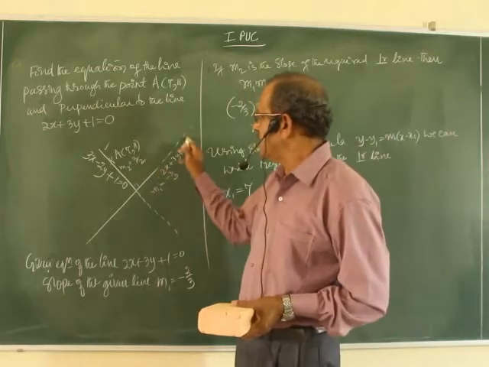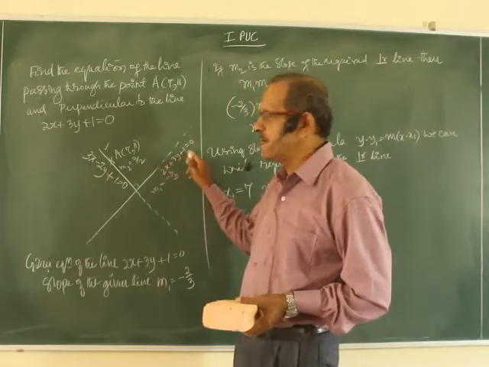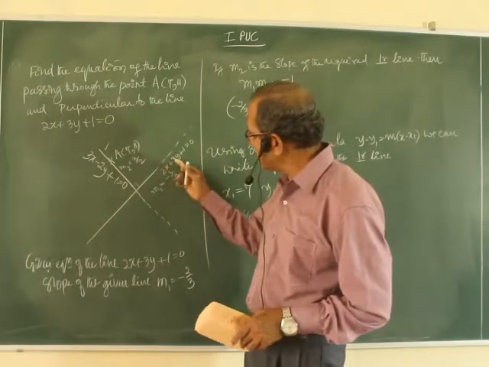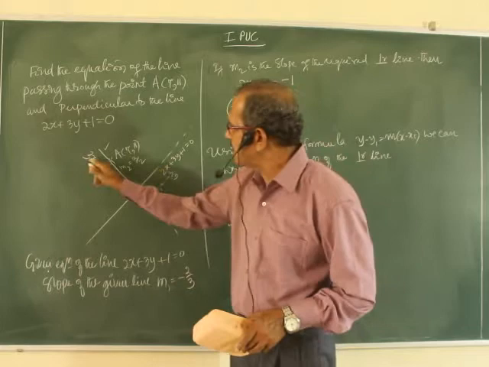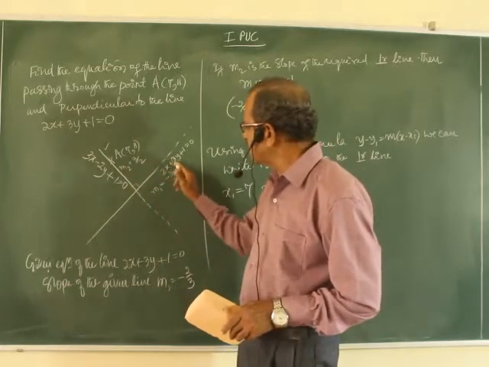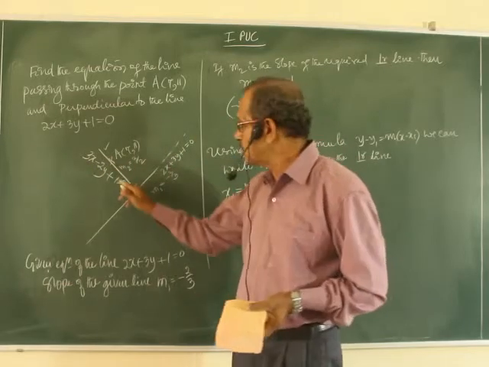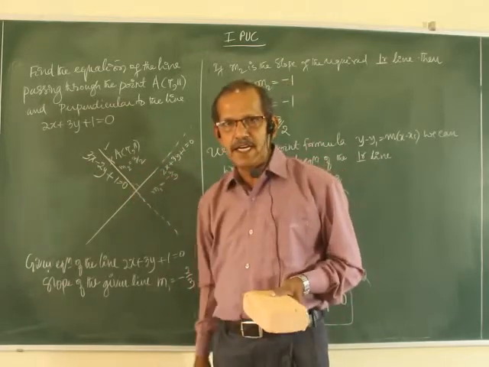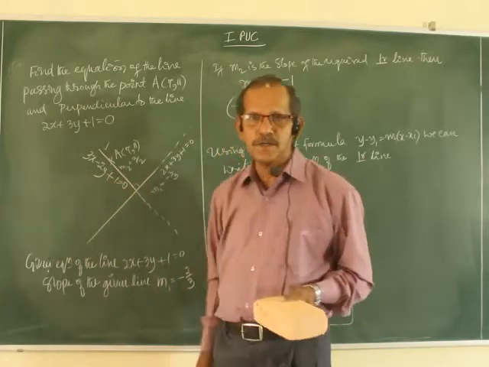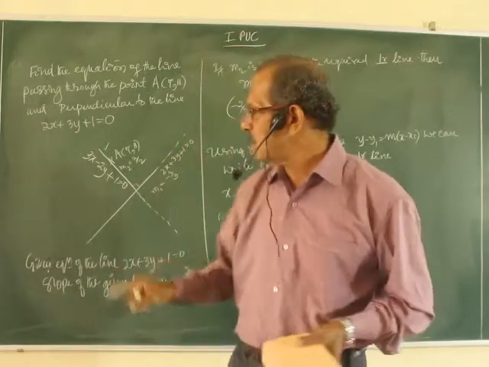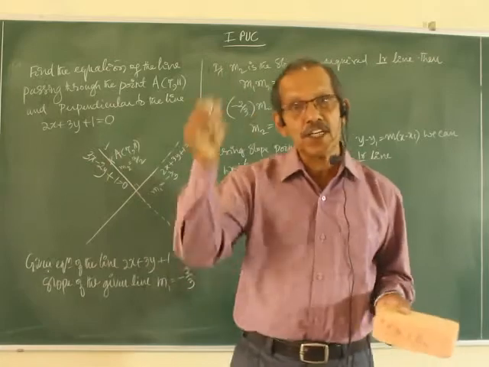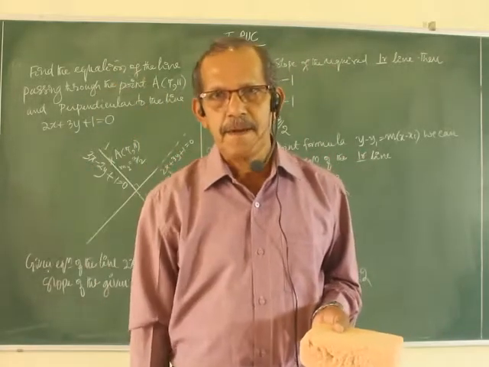Whenever the equation of the given line is 2x plus 3y plus 1, then the equation of the perpendicular line is obtained by just interchanging: 3 becomes the coefficient of x, 2 is the coefficient of y. If the sign is positive, you have to write minus, that's all. Don't say the constant 1 is the same, it came automatically as 1, but this constant is not known. We can write only the coefficients of x and y, remember. For a parallel line, you write the x and y coefficients the same.